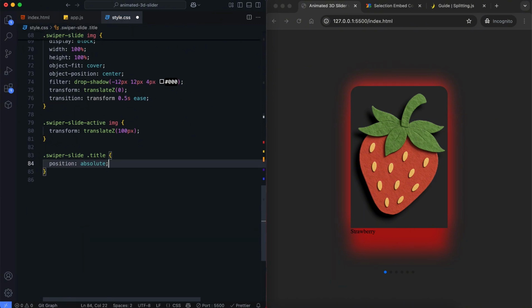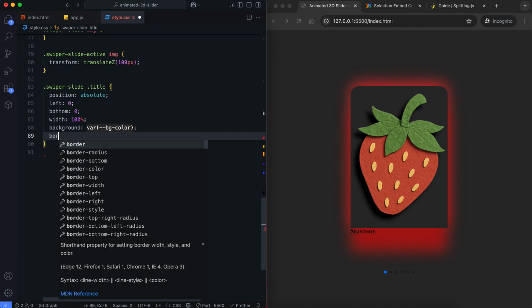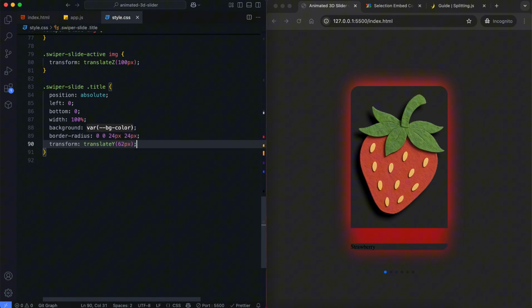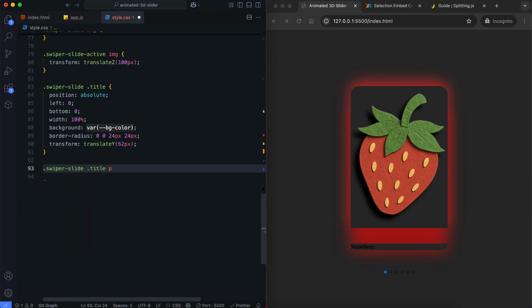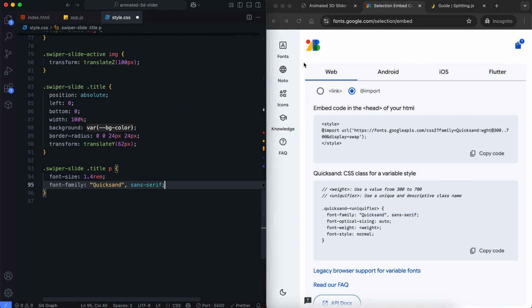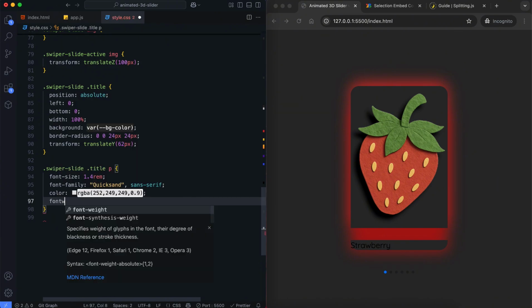The title box is placed at the bottom of the slide and stretches across its full width. The text is italic, centered, and uses a soft color.